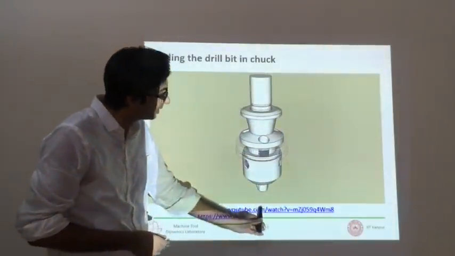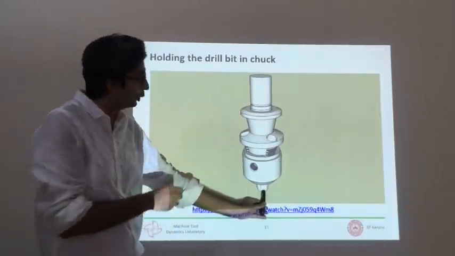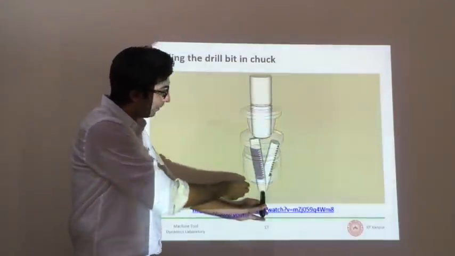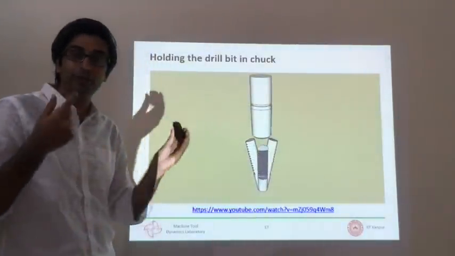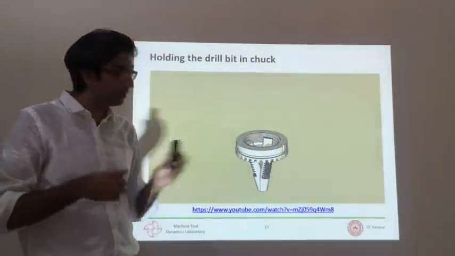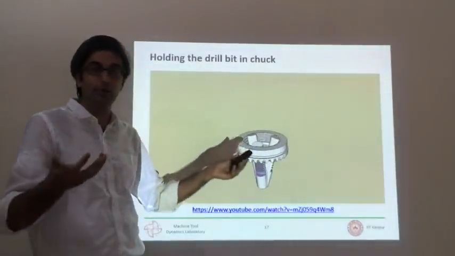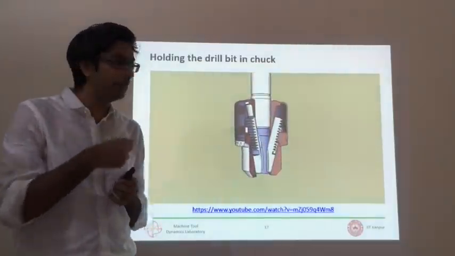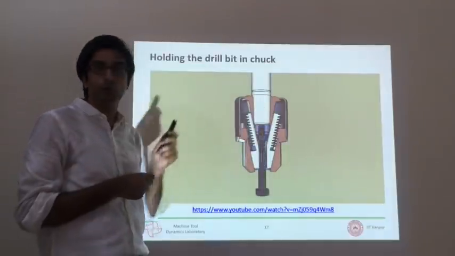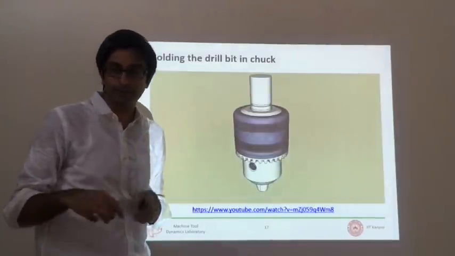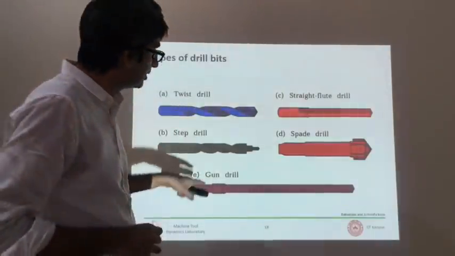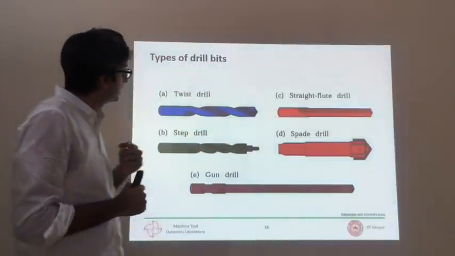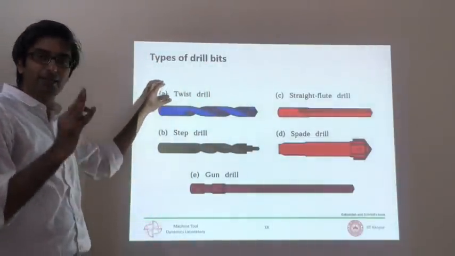What you will do is insert a drill bit at the bottom, and you will open and close, or rotate, this nut, and that will open and close these jaws, and you can have drill bits of different diameters that you can insert and then again tighten and lock. So that is the chucking principle in drilling machines, very similar to what we saw earlier. Like I said, there are grooves and slots in the jaws. The kind of drills you can put inside that chuck, which are commonly used in the labs, the first is the standard twist drill.